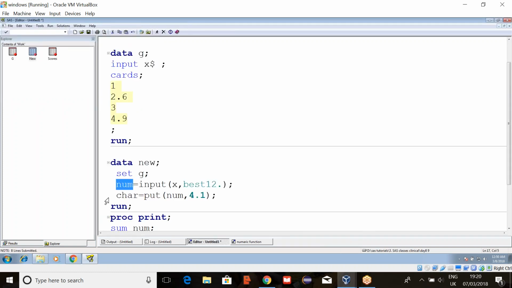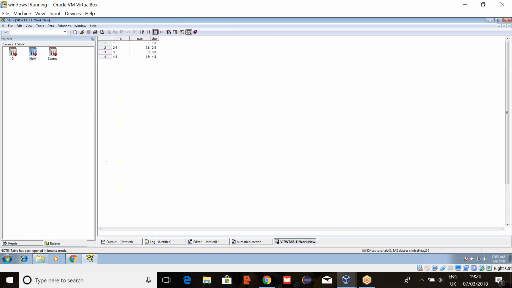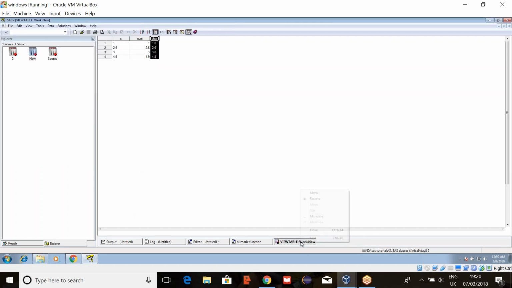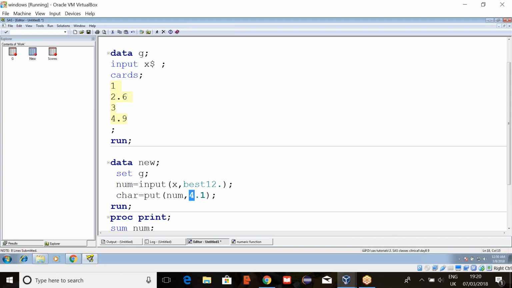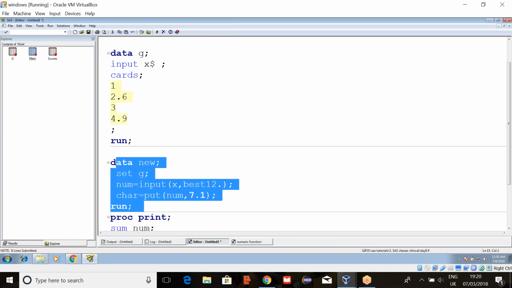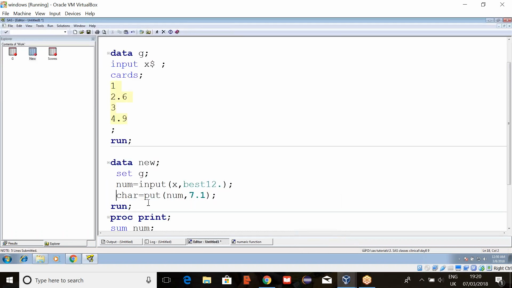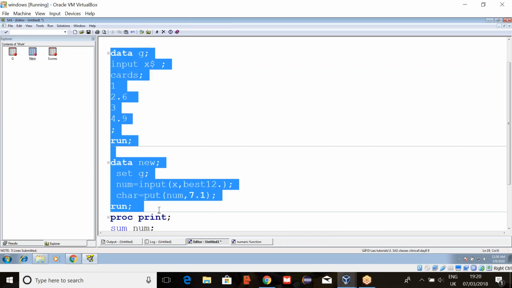Okay. So now this one is a character variable. See, this is a character variable and length it is taking as 4 because here we have given 4. In case you give here some 7, now it will take 7 as the length. See, 7 as the length. So this is only for the character variables whenever you are using the put function. Whatever number we are giving here, it will consider that as the length. Do you understand this example?